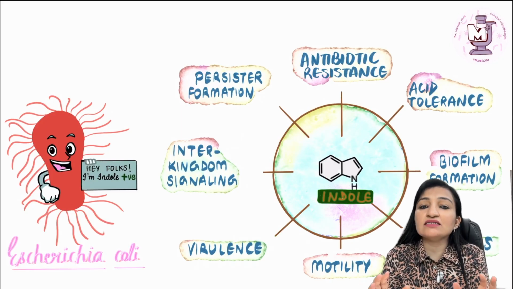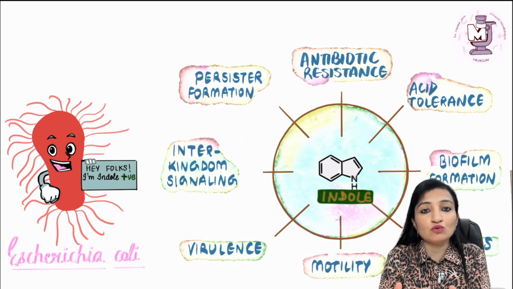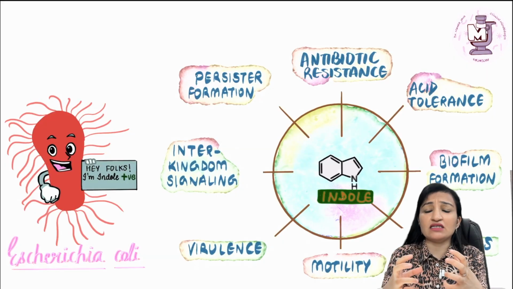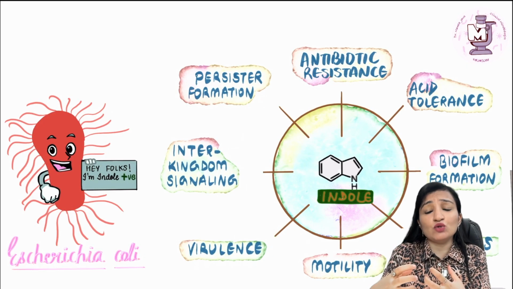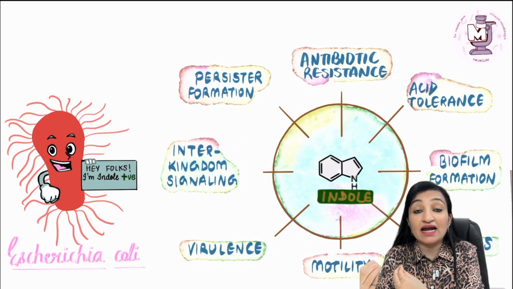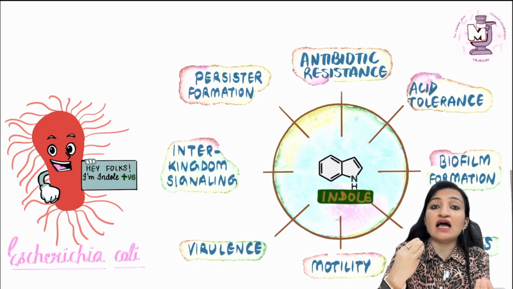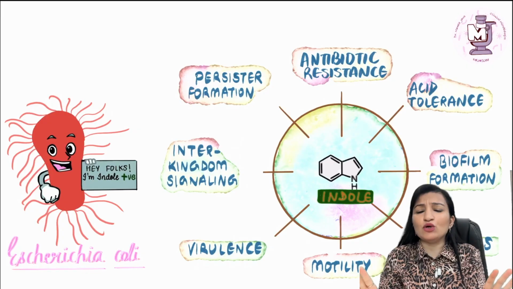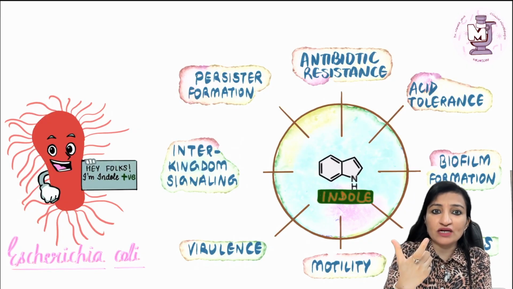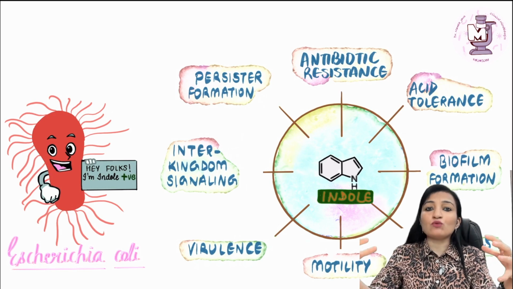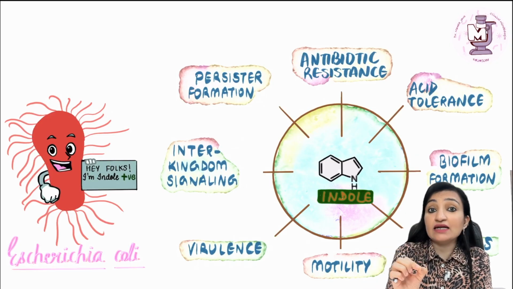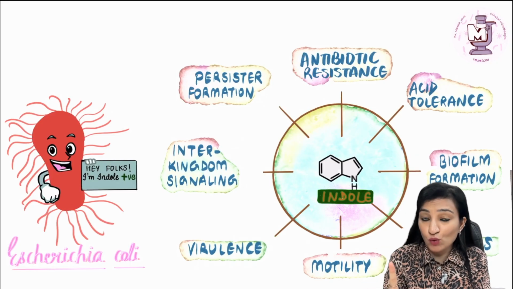Interkingdom signaling is a kind of cell-to-cell communication which happens amongst bacteria. Not just amongst bacteria, it also extends to other kinds of microorganisms like fungi, and even certain plants and animals. So it's a broader communication system known as interkingdom signaling. That's why we say kingdom, interkingdom: take everyone along, plants, animals, fungi and bacteria. Now interkingdom signaling is different from quorum sensing.